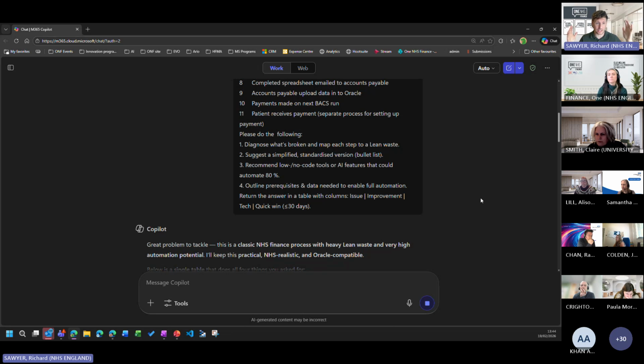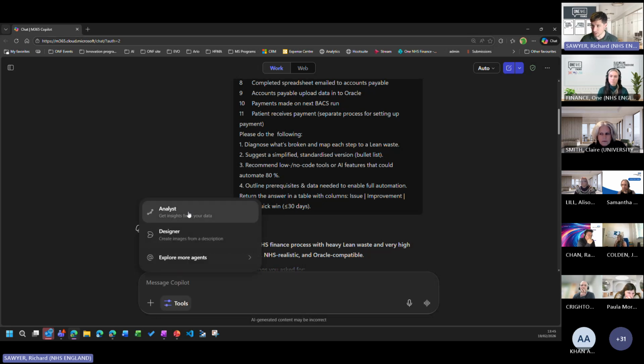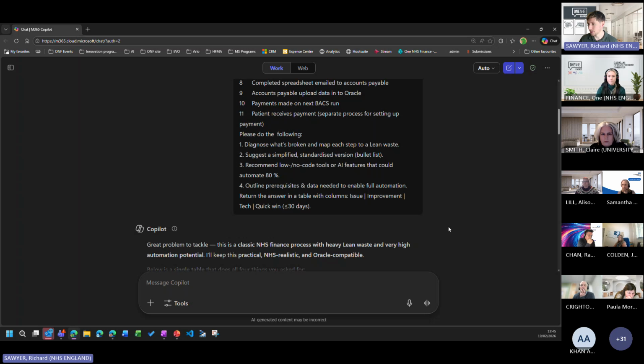It goes away for like half an hour, scans websites, like 40-50 websites, can create sources, and the capability is huge. This isn't quite doing that just yet. However, there are different tools. There's analysts and get insights from your data. Very interesting one for finance folk. This is your opportunity to start playing with this.